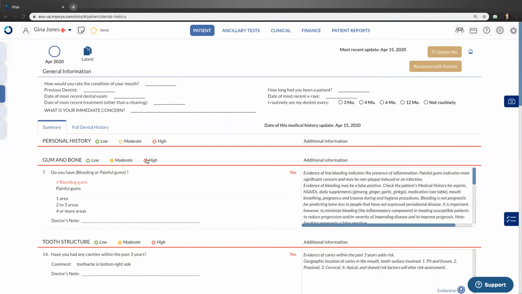So especially if it is a new patient, then this is great information to have. It will help you triage your patients. It will help you narrow down what the problem is. And obviously, it will help save time. Instead of having to ask all these questions live or actually wait for the patient to fill all those out,